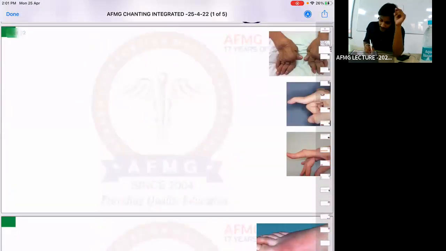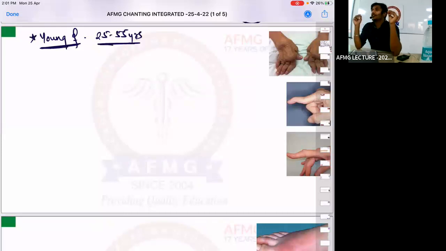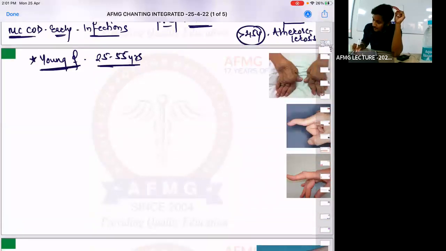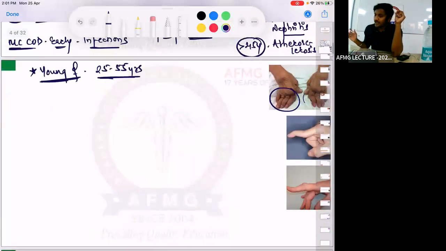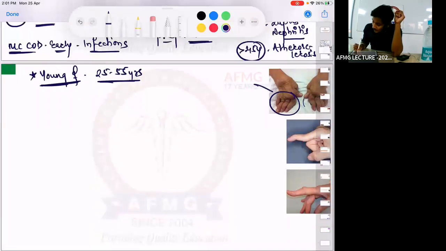Now, a young patient comes to you. A young female between 25 to 55 years of age group presents to you with such deformities. Here you can see there are some deformities in the hand. Along with the deformities, the patient will complain of joint pain. The more likely diagnosis is